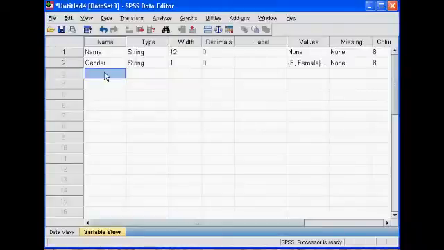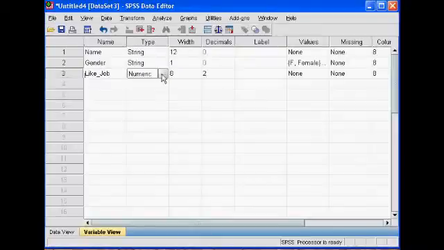Then I'm going to put in the ratings that people gave me of whether they like their job. I'm going to call it like job. It will be numeric. I'm going to take the decimals down to 0, and I'm going to make the width 2,